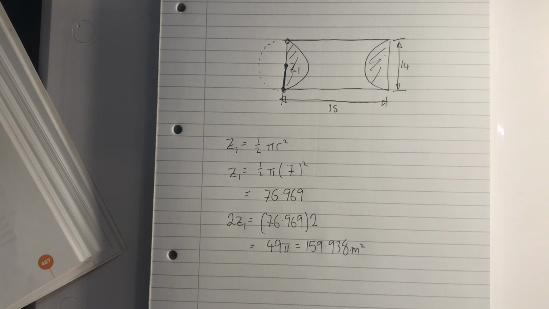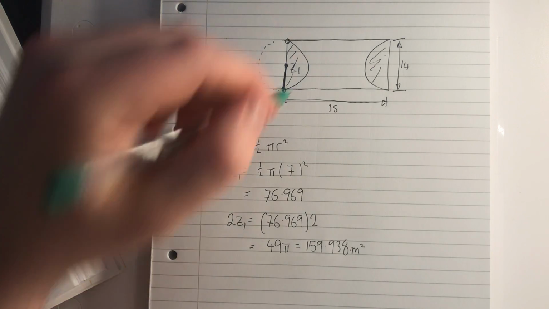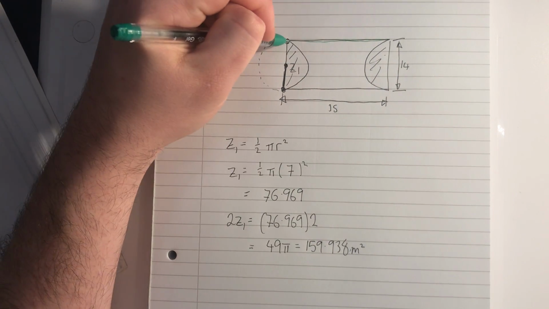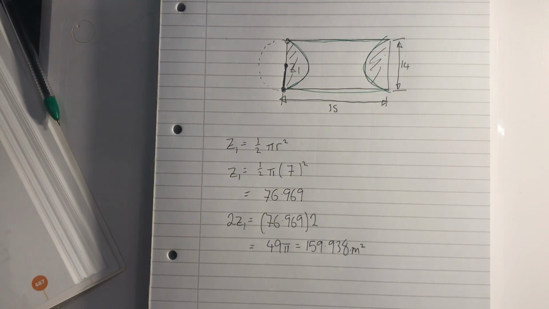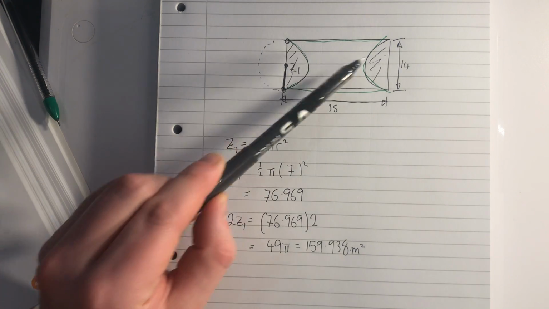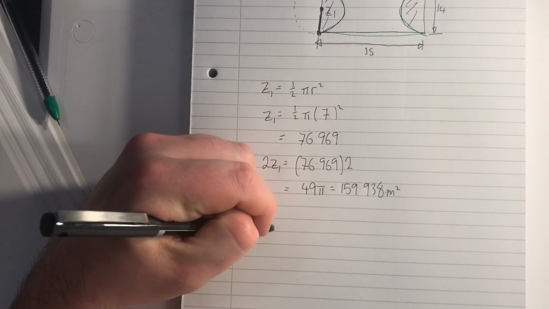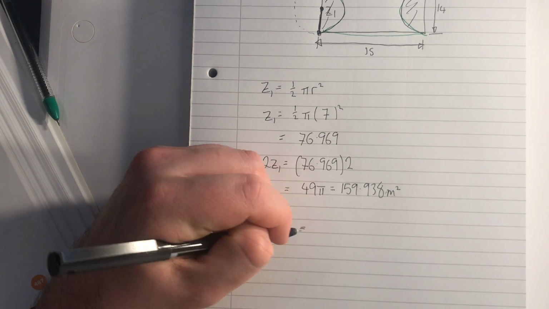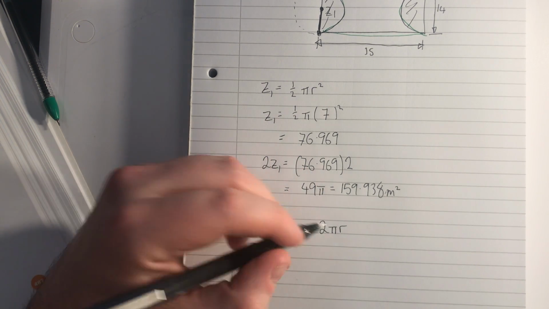And then the perimeter of the lawn. The perimeter of the lawn. So if I had a different color pen, I'm just checking my pencil case. So the perimeter of the lawn is this distance plus this distance plus this distance plus this distance. Okay, so we're going to have to work out basically these arcs here, and once we work out the length of those arcs, we're flying. The question is done. So arcs